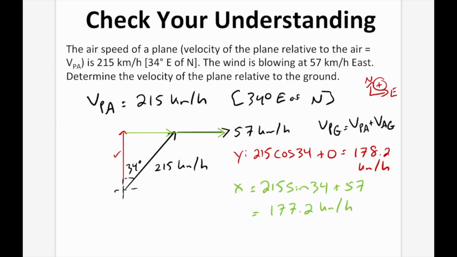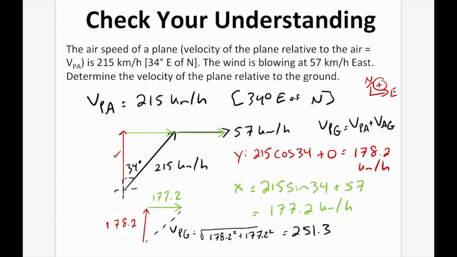So just like we did before, first we're going to go up 178. We have to make our triangle a little small so we keep enough room here. So we'll say like that, and we'll say that that's 178.2. Then we need to go to the right, 177.2, and then our hypotenuse is going to represent the velocity of the plane relative to the ground, and that's going to be the square root of 178.2 squared plus 177.2 squared, and that equals